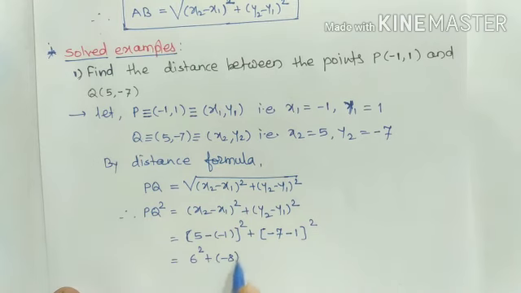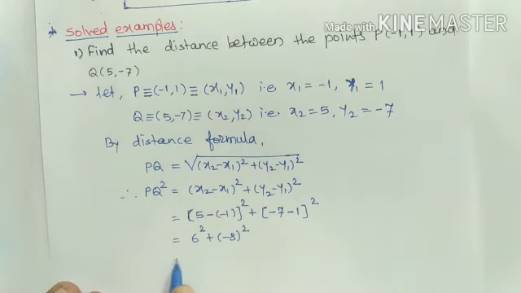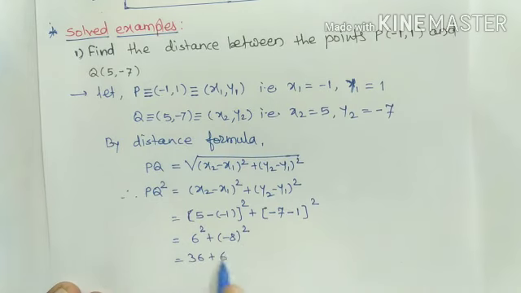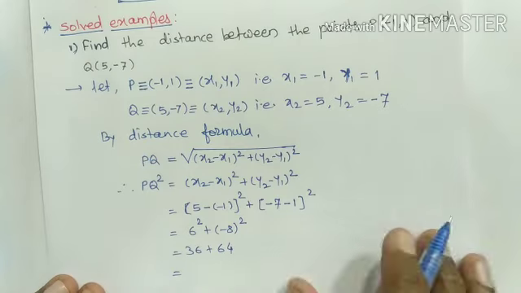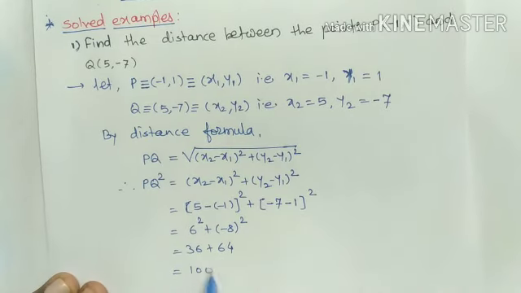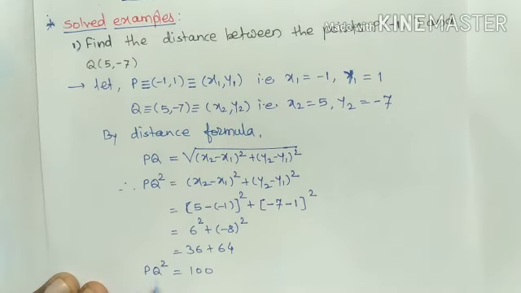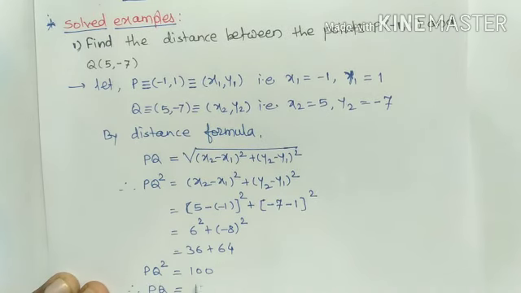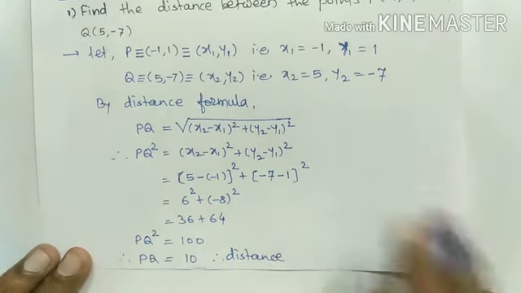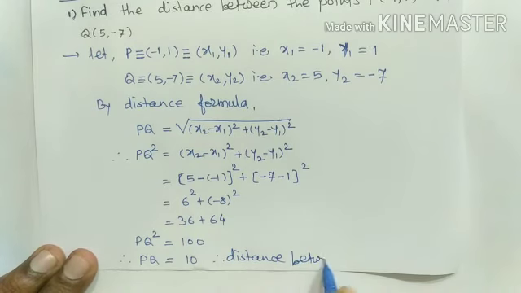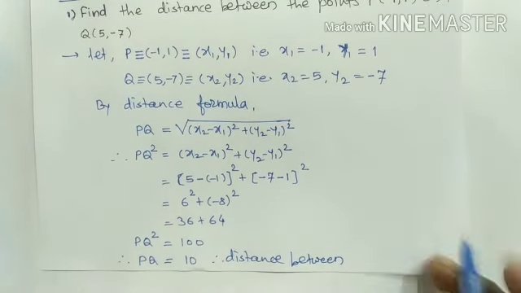That equals 36 plus 64, that is 100. It is the value of PQ square, and therefore PQ equals 10. And therefore, the distance between points P and Q